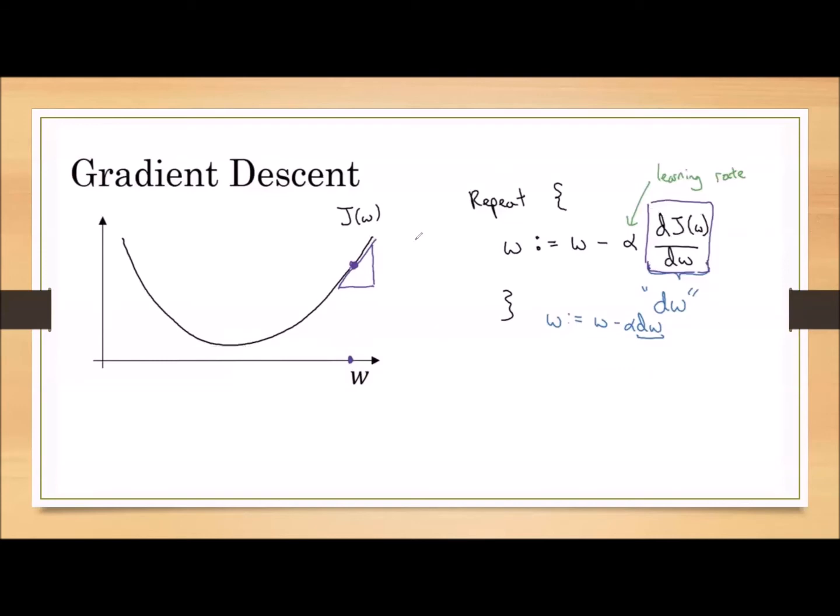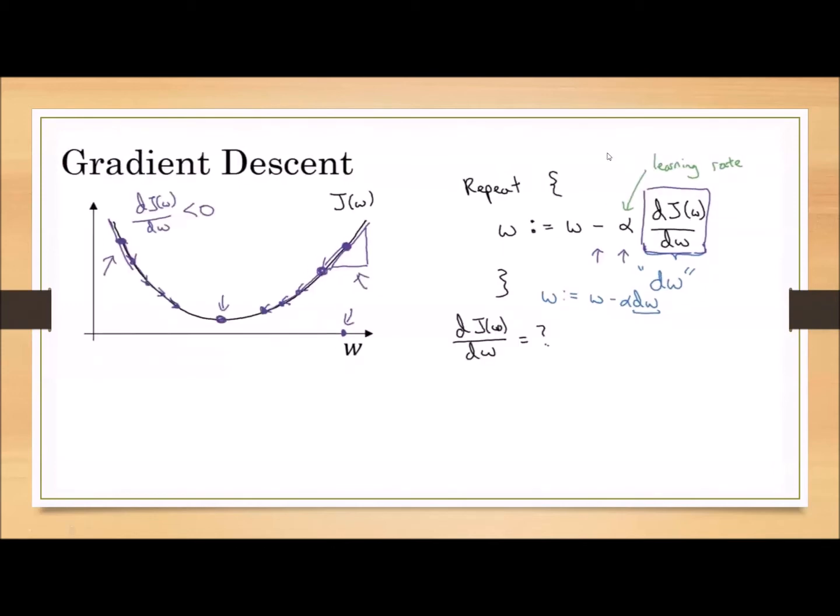If you have a doubt why we have to select the point initially here, can I take the point initially on the left side also? Yes, you can take it on the left side also. You observe here. Initially, we have considered our point here randomly. Then we are taking a small step here, and a small step, and a small step. Finally, when it reaches the minima, then the slope of the curve is 0. So you can start at any point in the curve. You may start at this point or at this point. Randomly, you may start at any point. Our gradient descent algorithm has the capability, even though you start at any point, to find the minimum.